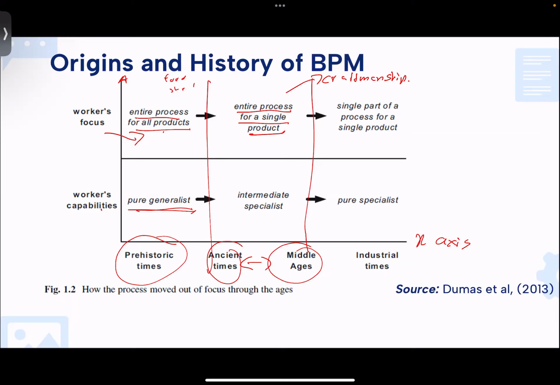Likewise, every particular element of that process, they are specialized in one single product. So their specialty is intermediate specialist. And then during the industrial times, the workers' focus was on a single part of a process for a single product. So they only focused on one single part. For example, if we consider a chair,